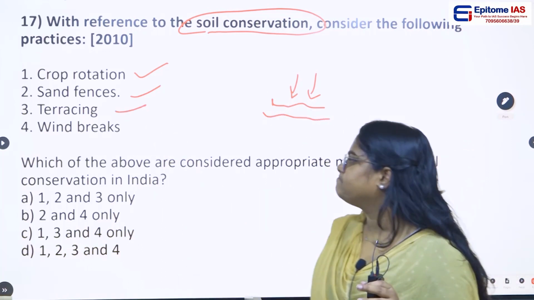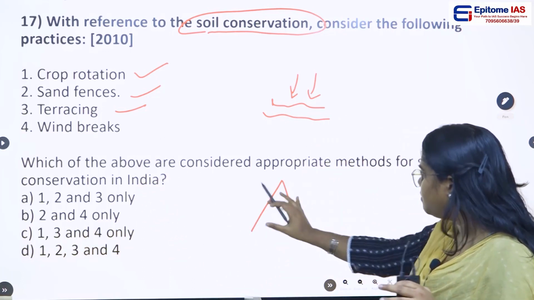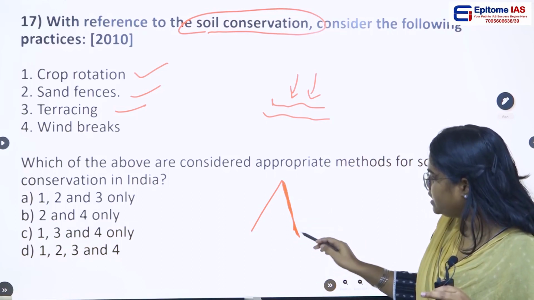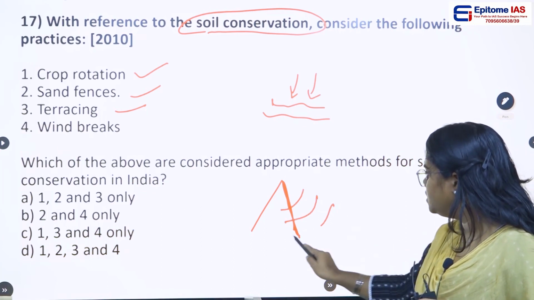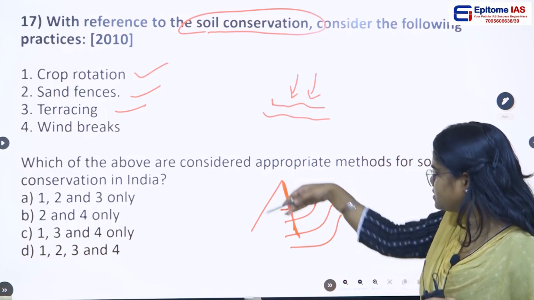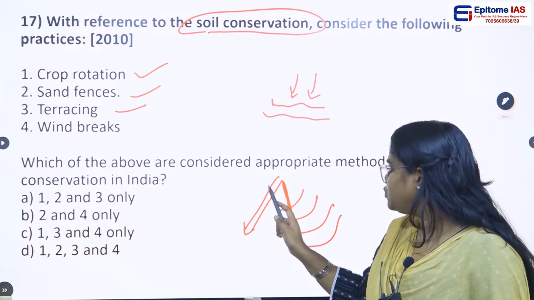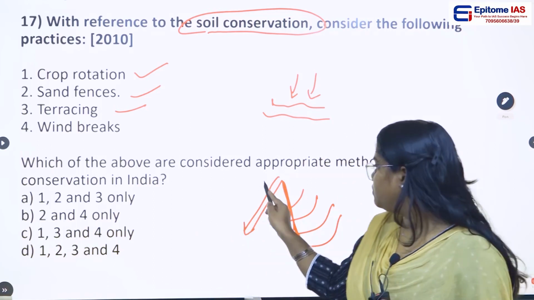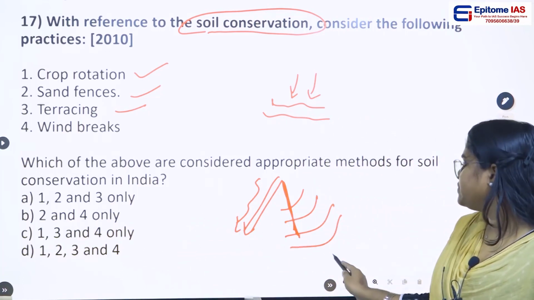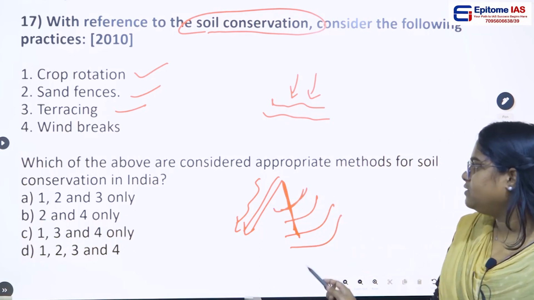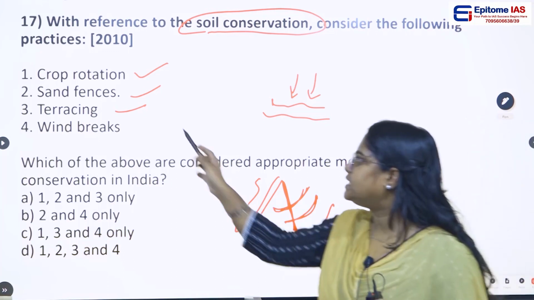Then terracing. We already saw contour bunding. It is similar to terracing. Let's say there is a mountain, and on this slope they want to cultivate some crop. In terracing, they will be cultivating it in the form of terraces. Again, this will help against soil erosion, because a slope is prone to soil erosion, and if you put water, it is prone to flow very fast. So when you do terracing, it will preserve the soil from erosion, and the water is also properly regulated. So yes, terracing is there.